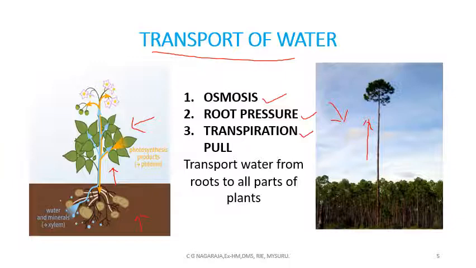Somebody may ask me a question in the class, sir, rain will fall on the leaves, will the leaves absorb water? Perhaps the answer would be no. They may absorb a little water, but water will not go into the leaves because the leaves will contain a waxy material. All the water plants require for their activities will have to come from the roots. We shall see how roots absorb water.